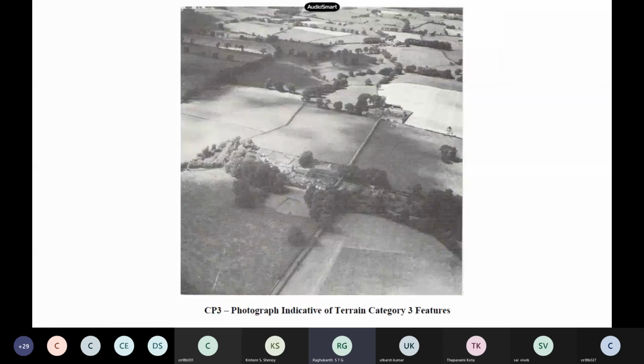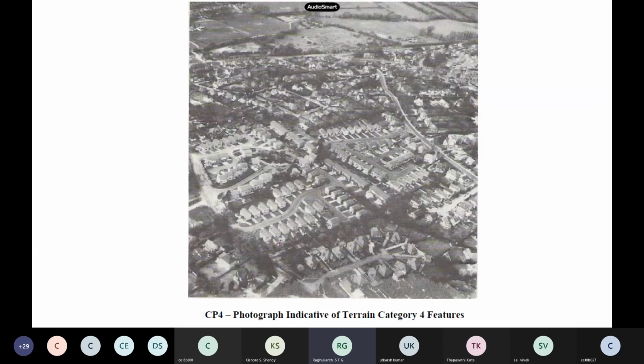Then this is terrain category 3. So more obstructions are there. You can see big trees or small buildings. Then terrain category 4. What is terrain category 4? See, our Chennai is in which terrain? 1, 2, 3 or 4? 4, because a lot of buildings are there, so many things. So here the depth of the boundary layer will also be high, alpha will also be different.